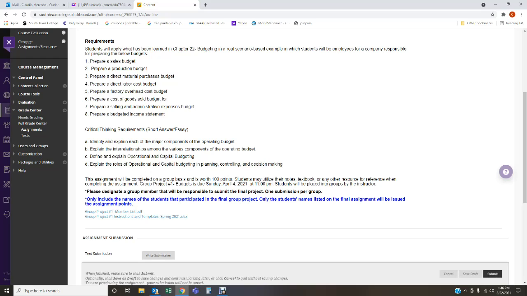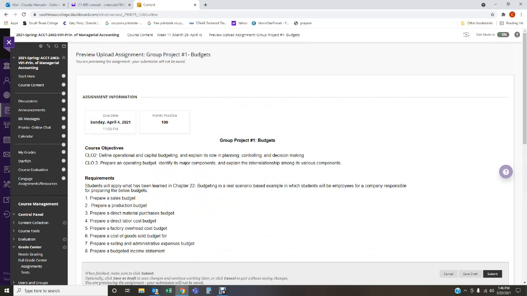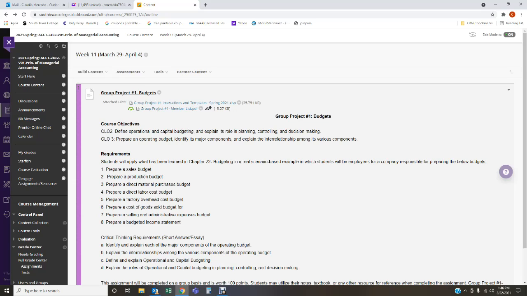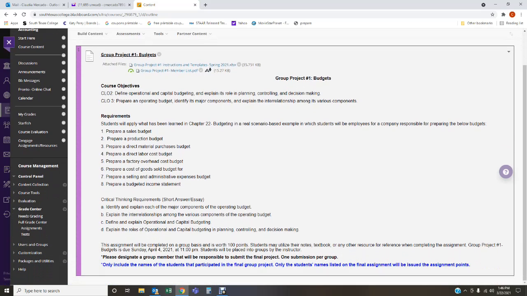That is basically the group project. Remember, you are going to be submitting it. It's worth 100 points. You're going to be submitting it in Blackboard. I will not be accepting the group project via email. It has to be uploaded into the Blackboard assignment that I created here, which is where you select the link and then you are prompted to attach a file. Okay. You've got the group member list provided. You've got the instructions and the templates provided so you can complete the project. So it should not be very difficult, okay?